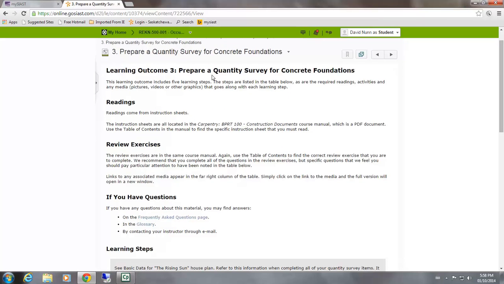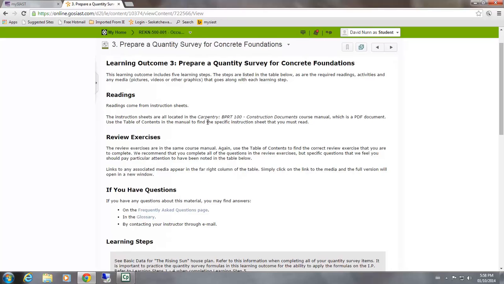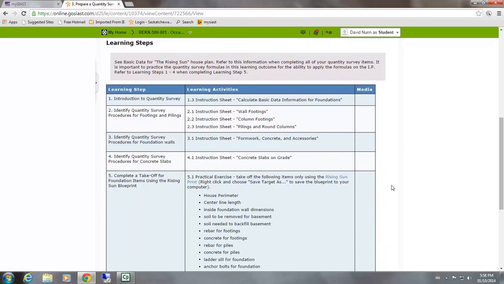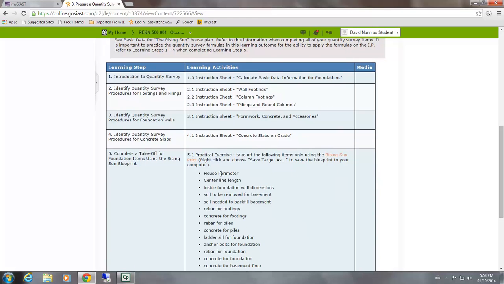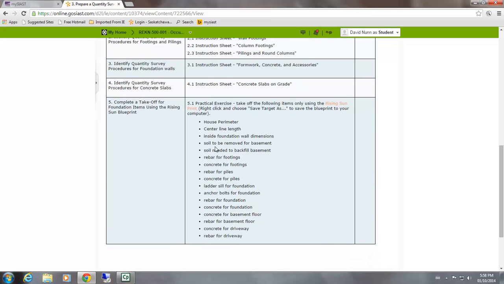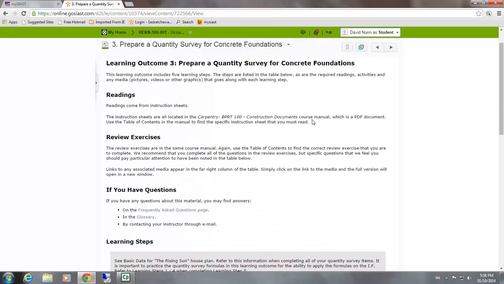This is prepare quantity survey for concrete footings. Now these are practical exercises, meaning that these learning activities here are your resources for completing the takeoff on these items only. Again, you can have your print there. When you have completed that,